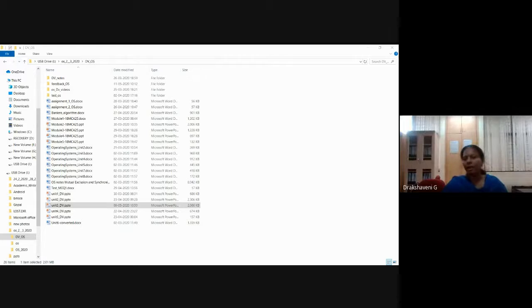What is compile time? The source code, whatever you have typed, is compiled by a compiler. Then comes the object module, linkage editor, load module, and loader. All this work is called load time. And the last one is execution time, the time taken by the processor to execute your program. And we have seen how memory management is done, what a logical address is and what a physical address is.